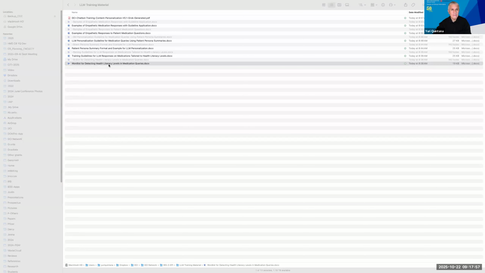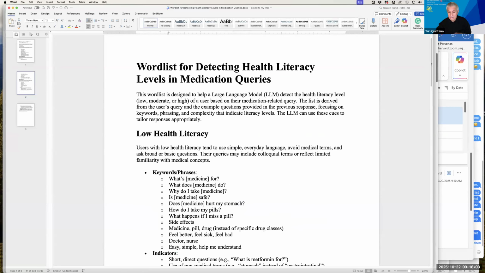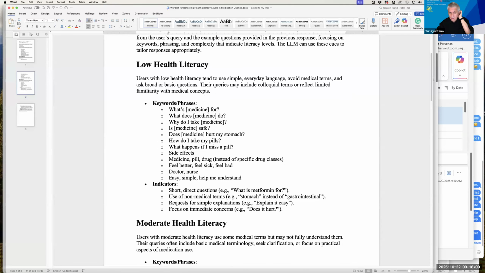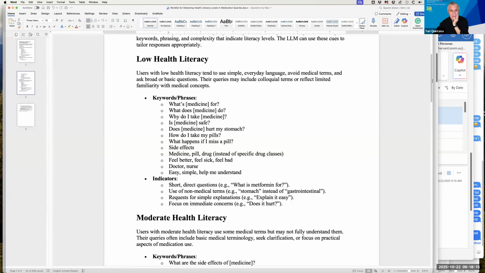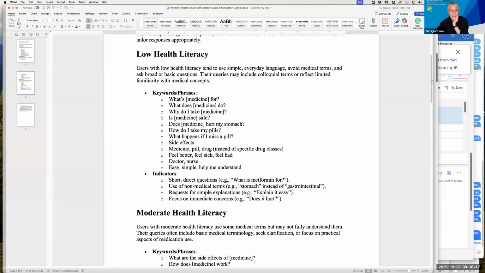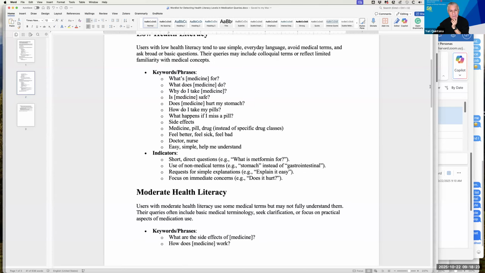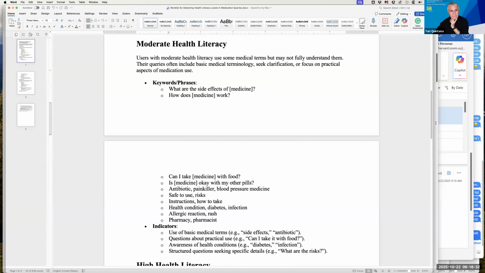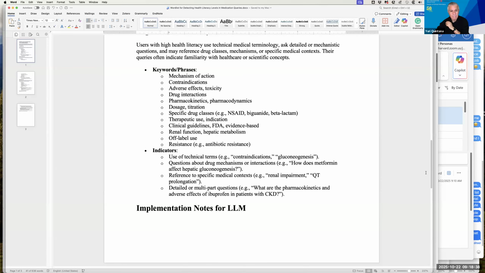So we've used AI to generate a few guidelines for how to detect that. This is the list of words that the AI system generated that could be used to detect whether someone is at low, moderate, or high literacy. We'll have to define in more detail what low, moderate, and high literacy means in terms of standardized scales. But you'll see that low literacy has simpler words and shorter sentences. Moderate has slightly longer sentences and more complex words, and high literacy has advanced words and will have longer